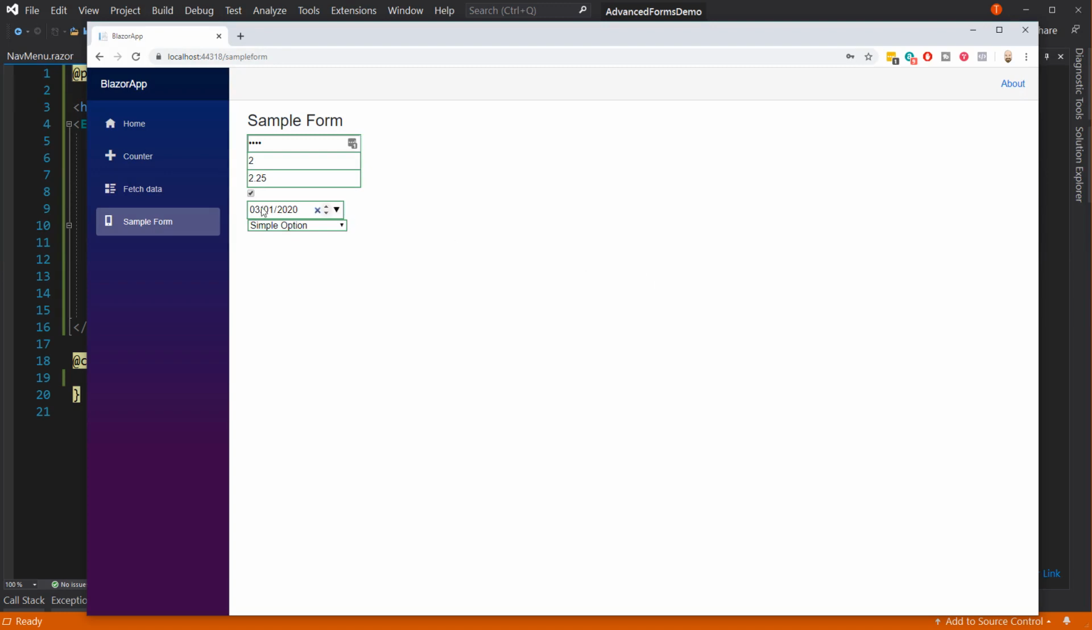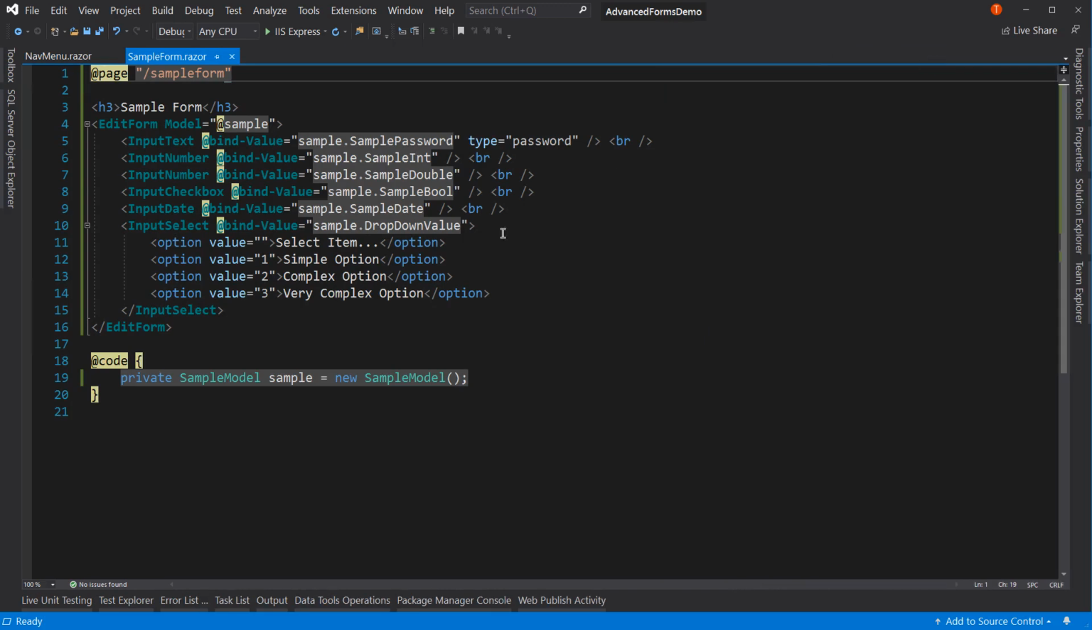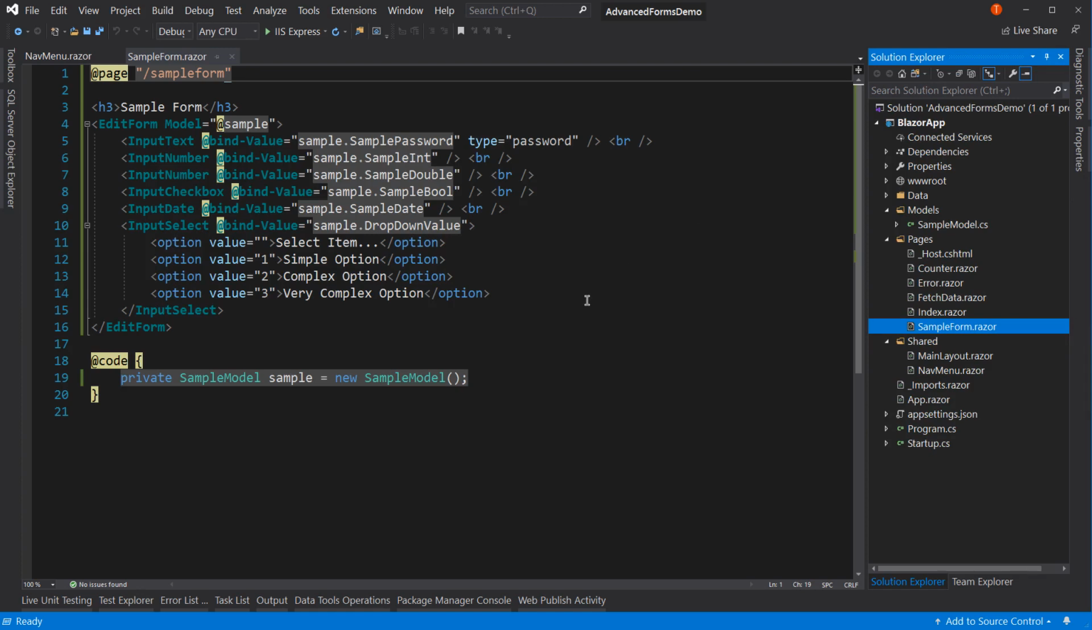So let's talk through this last one, which is our drop-down. In a database, typically, when you're dealing with a drop-down, what you'll have is an ID value and a string representation of that ID value. So you may